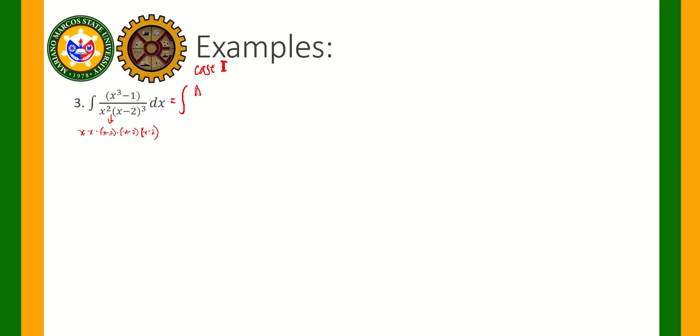Okay, so this will be equal to the integral of a over x plus b over x squared plus c over x minus 2 plus d all over x minus 2 squared and then plus e all over x minus 2 quantity cube and then dx. Okay, so this will be equal to